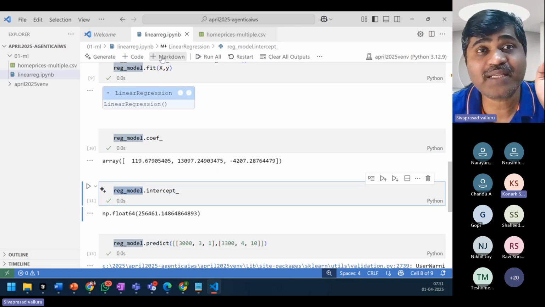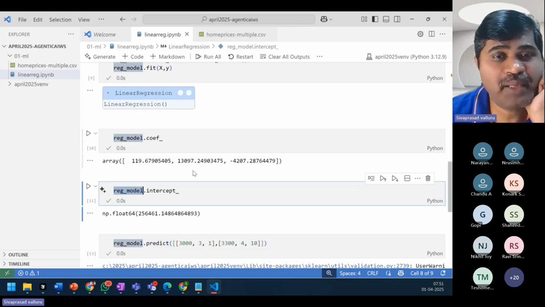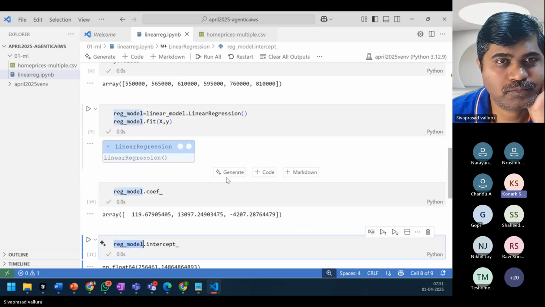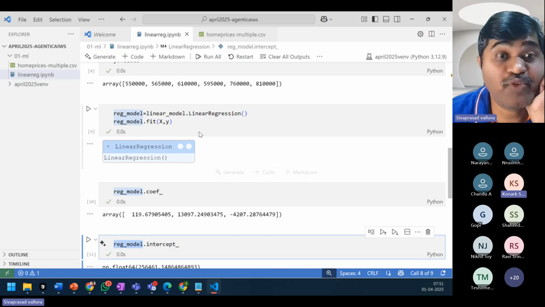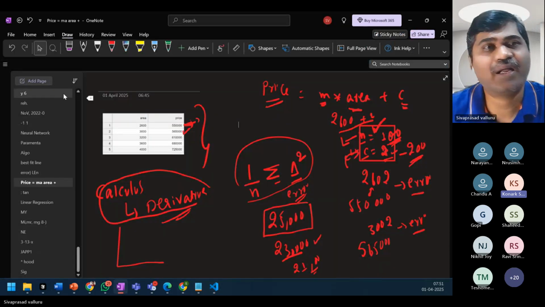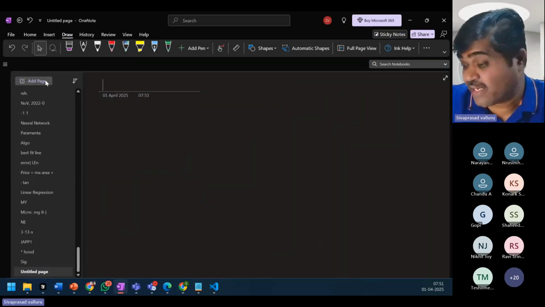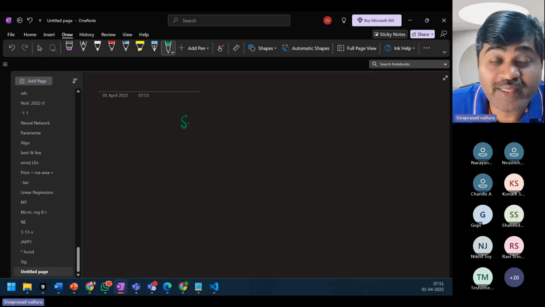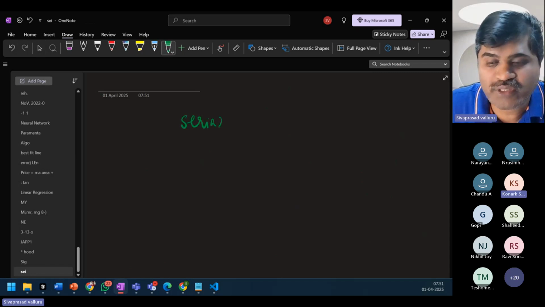Python means it is either .py or .ipynb. When I save this model in some file, what will the file extension be? If you save this object, there will be some different extension. Okay, this is my dot model file. Again, there is no such standard for that. We call it serializing. We have to serialize that.